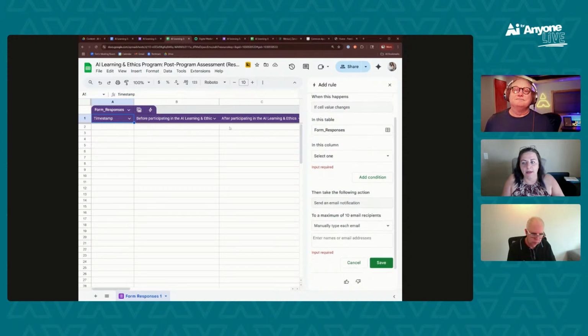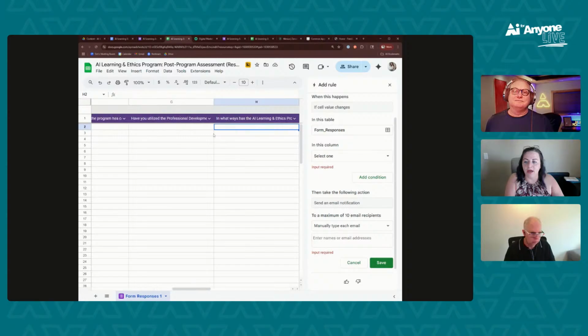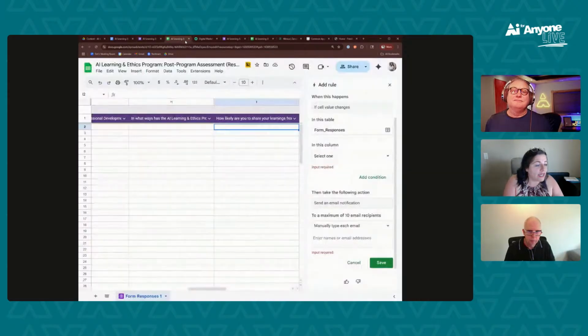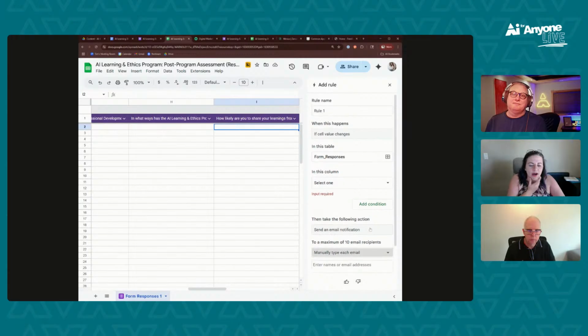Or maybe you flag it when the rating for how likely you are to share your learnings is low, and that flags immediately for Tim Lockie, program coordinator, to follow up, ask more questions, and see if there's an actual issue, or is it just a person issue, or a combination? The opportunities for this are pretty endless. And what I love about this piece is that if you understand conditional formatting, if you understand sheets, you don't need to understand automations to do that.